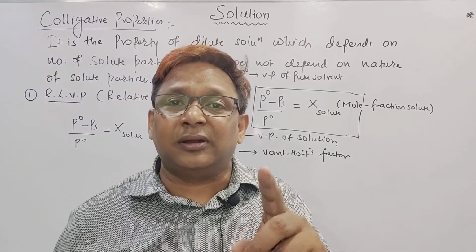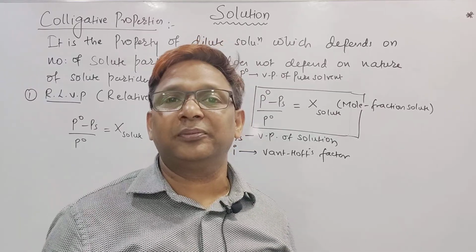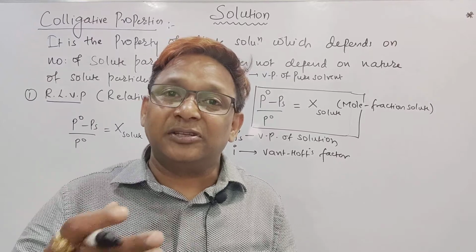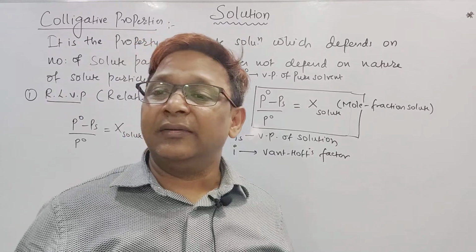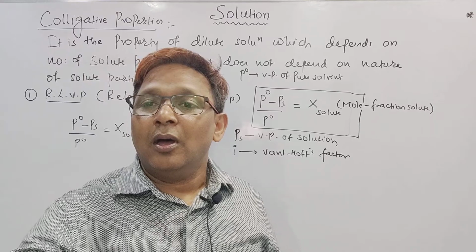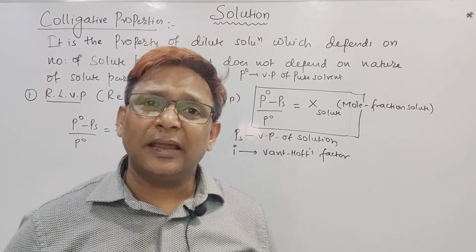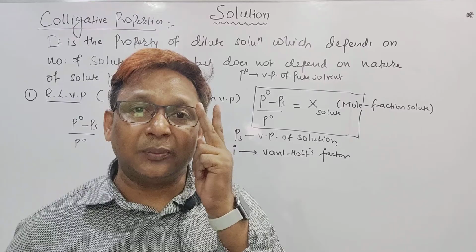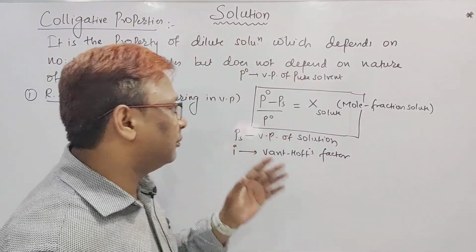I never say increase or decrease. It depends. We are finding the colligative property for which compound? Or which colligative property are we finding, either elevation in BP, depression in freezing point, or osmotic pressure? Only 4 are there: RLVP, depression in freezing point, elevation in boiling point, and osmotic pressure. Based on which colligative property we are finding, we are able to say.